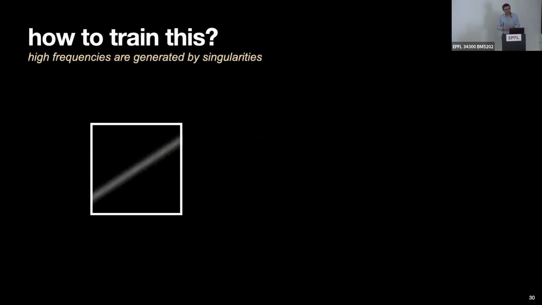Now, the question is, how can you train this? And to train this, now we need to understand something deeper about the structure of images. The insight I had was that at low resolutions, actually we have good generative models. That's good because at low resolutions, there is some stuff about the world that you just have to memorize, right? You just have to know that a face has two eyes and they're usually above the nose, and below the nose, there's a mouth. So some global geometry of a face, you just have to memorize. But once you know that, the remaining high frequencies or singular points of the image have a very special quality. And it is that they have a very, very, very simple spectrum, right? And because of that, imagine that you have a line singularity, which you're seeing through a camera.